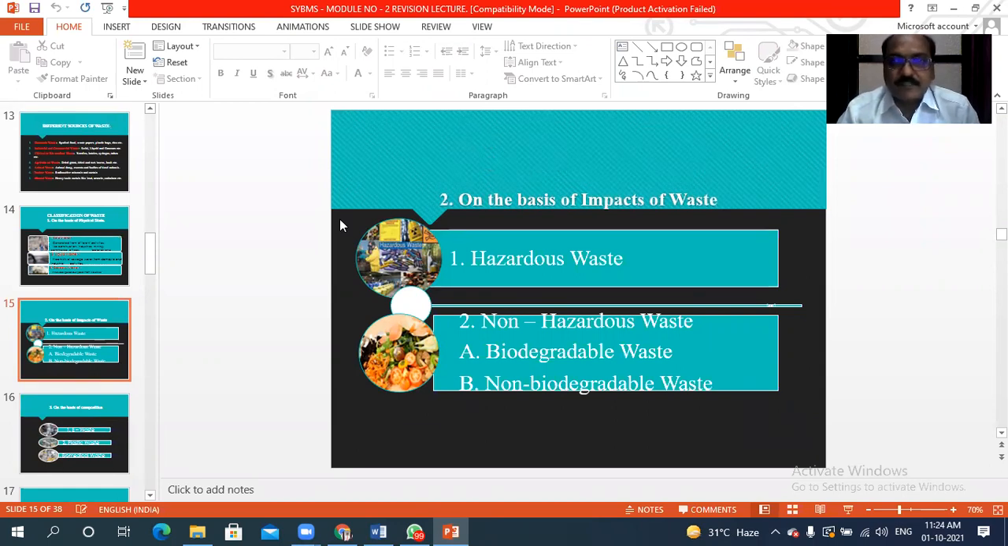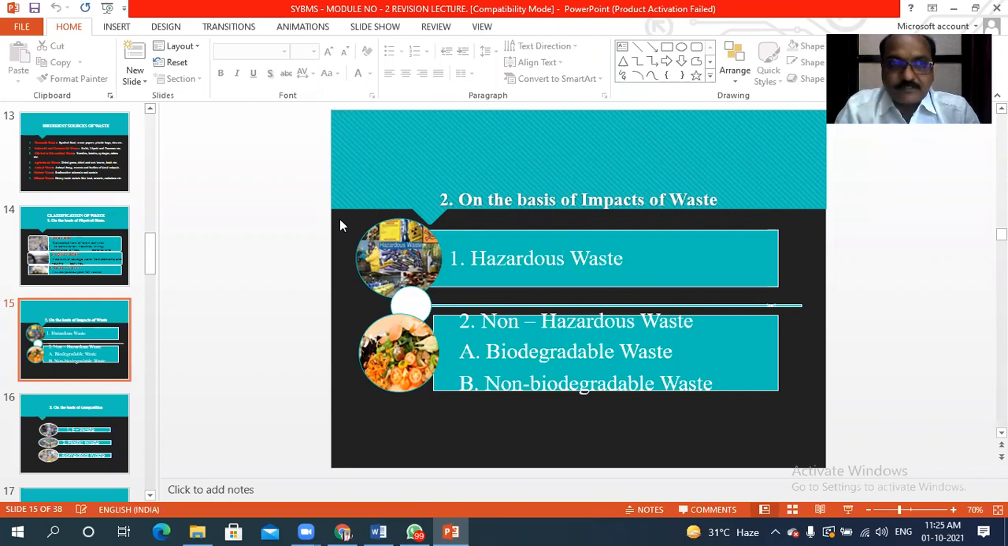That is hazardous waste, which is very harmful to the life of living organisms. And second is non-hazardous waste. It is less harmful as compared to hazardous waste. Basically, dear students, this non-hazardous waste we can again further subdivide into two types: biodegradable waste and